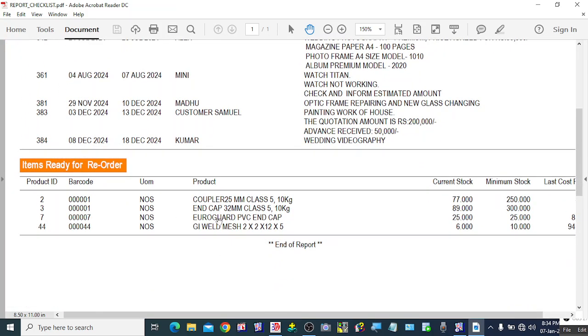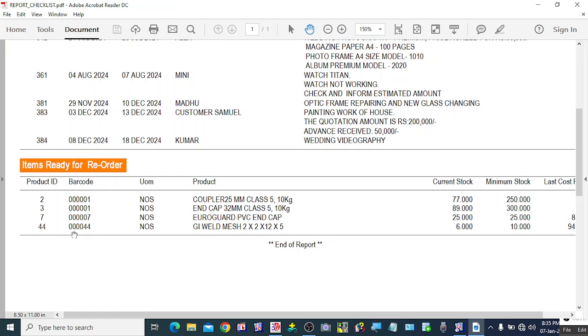The other MIS information available in this report is, instead of manually counting periodically all your inventories, with the help of this minimum stock level setup, you can generate how many items are there ready for reorder. Here in this report, we can see items ready for reorder. These four items,